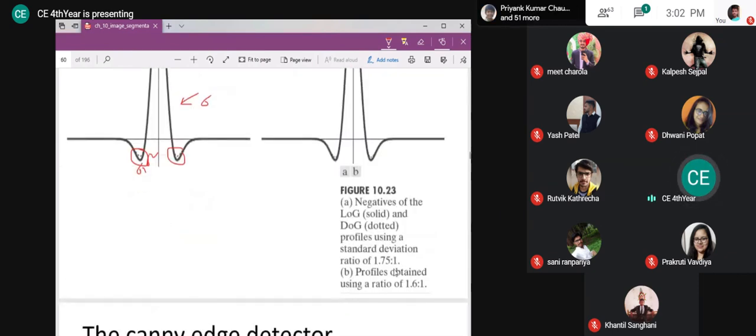Now you can see that if I take the sigma 1 and sigma 2 ratio as 1.75 to 1, I obtain this. And if I take that ratio as 1.6 to 1, that is sigma 1 is 1.6 times sigma 2, then I get a curve which is more near to LoG, if you can observe. So what they suggested is that you not necessarily should use the LoG,